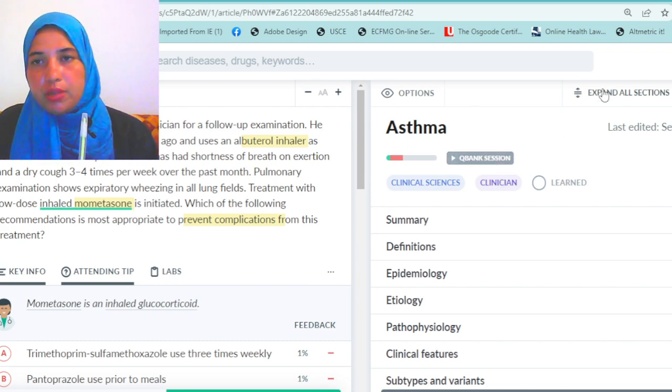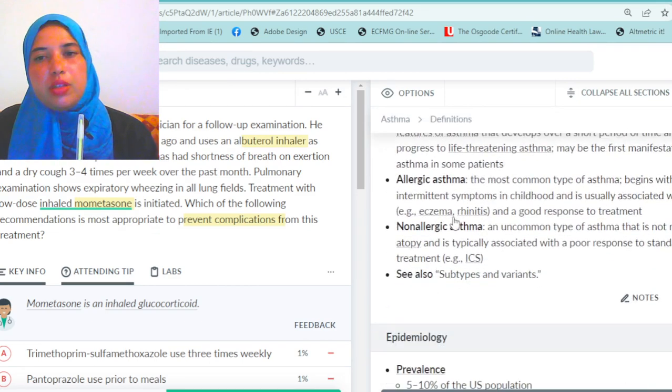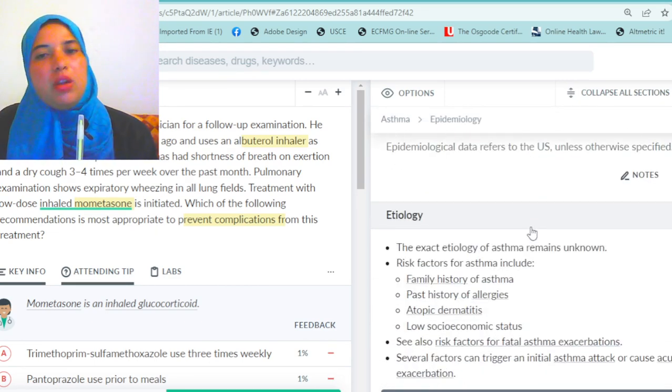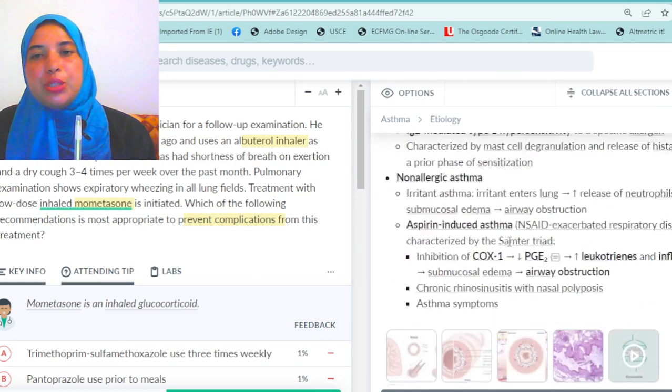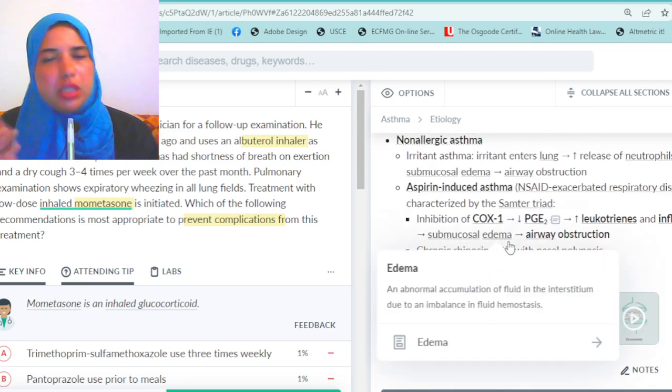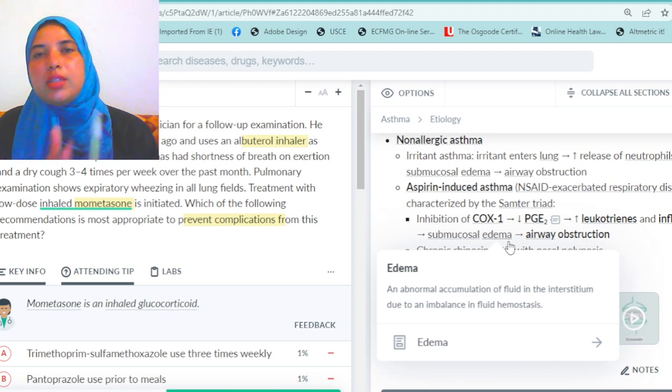So you can expand all sections up here. You can read the summary on bronchial asthma. You can see what are the definitions, the epidemiology, the etiology, the pathophysiology of it. You can sit down, you can definitely read and refresh yourself. If that is something that you need help in learning again, and just like something you've forgotten about, whatever it is, it's really nice that everything is on this platform. I don't have to open up another tab. And for me, that helps because I tend to